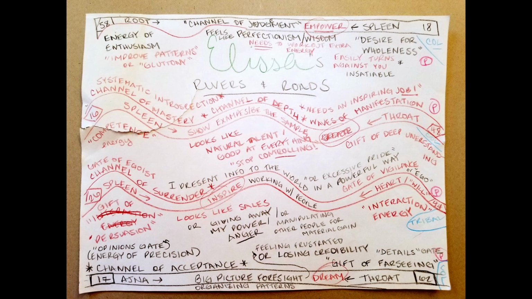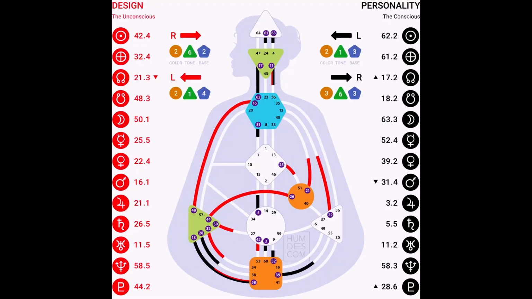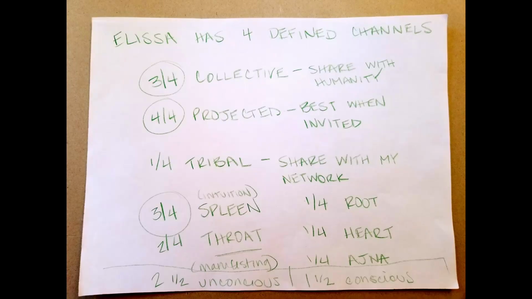But this helps paint that picture. And then here's my chart again, because again, all of the tapestry is tied back to what shows up in my chart. Now, the next image that I came up with is more of a summary page of my channels. It's helpful if you can look at your chart as a whole and not just fall into the details as much. So this was a way for me to take a step back after diving into every aspect of each channel and learning about myself overall in terms of the types of defined channels that